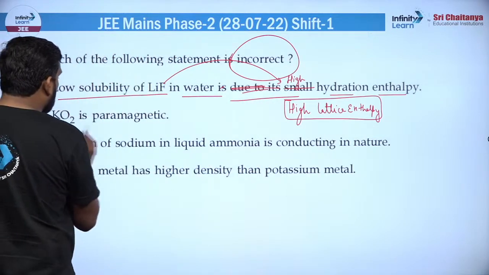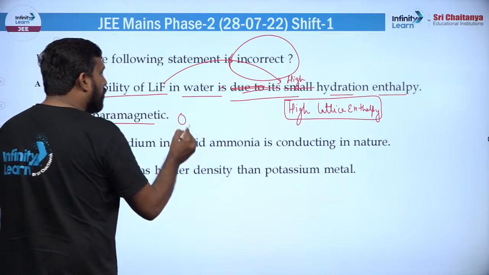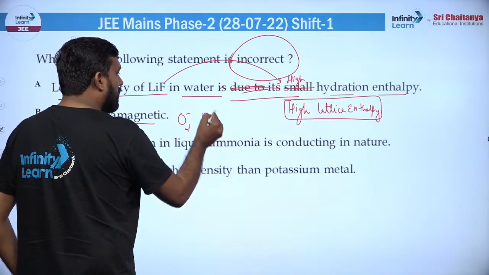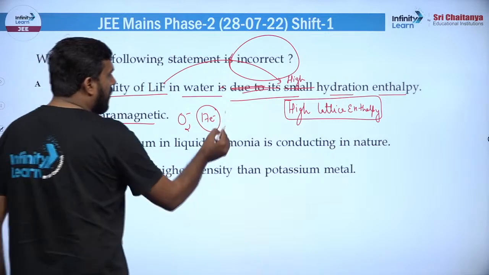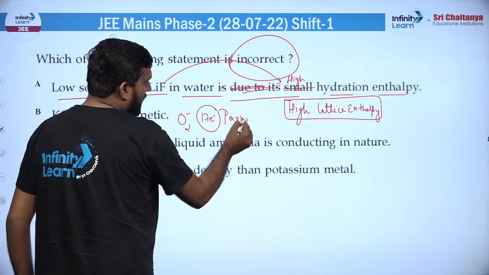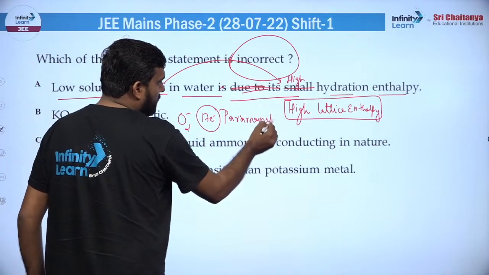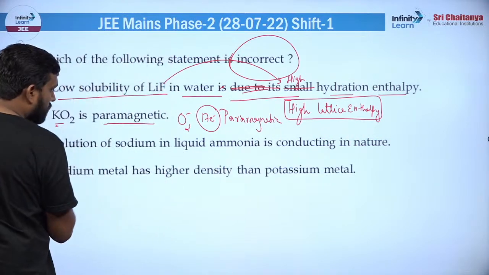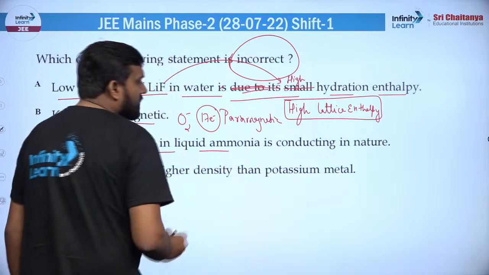ठीक है। अगला जो है KO2 इज ए पैरामैग्नेटिक, बिल्कुल सही है। O2 माइनस अगर देखोगे तो 17 इलेक्ट्रॉन हैं, यानी ऑड इलेक्ट्रॉन स्पीसीज है, और ऑड इलेक्ट्रॉन स्पीसीज सारी क्या होती है बेटा, पैरामैग्नेटिक होती हैं विदाउट एनी एक्सेप्शन, ठीक है। तो ये चीज याद रखिएगा। सोल्यूशन ऑफ द सोडियम इन द लिक्विड अमोनिया इज ए कंडक्टिंग इन नेचर,